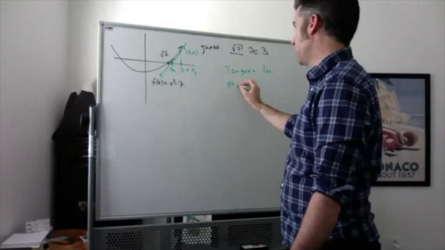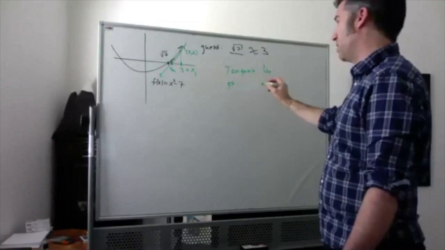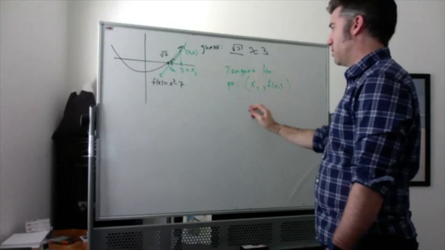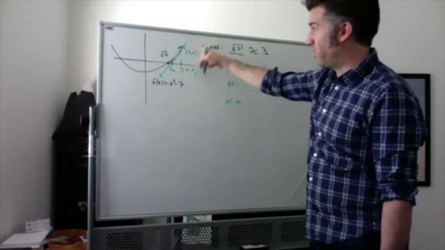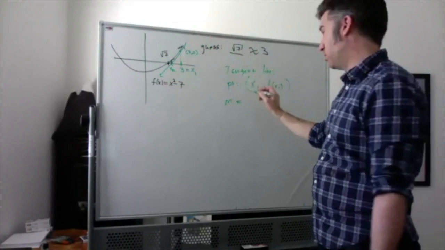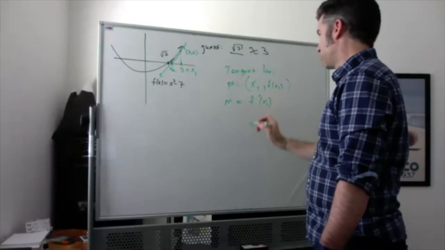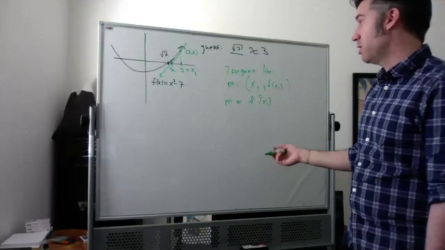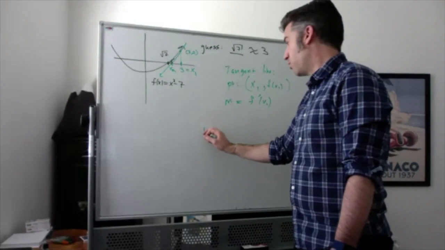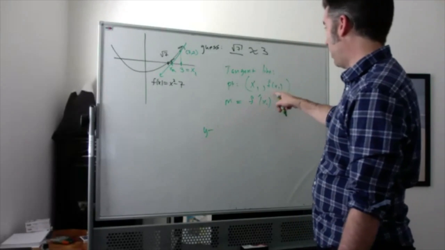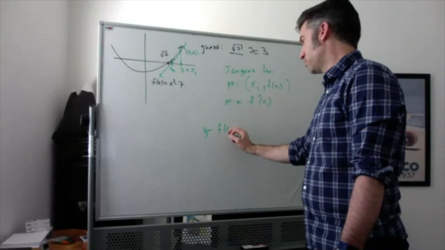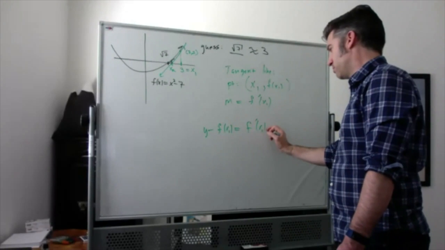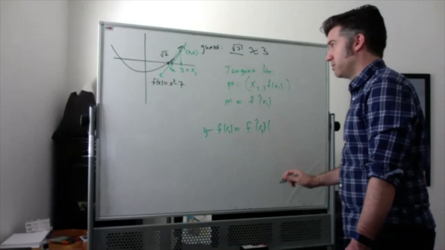The point, instead of calling it 3, 2, I'm going to call it x1, comma f of x1. And the slope is the derivative through that point, which is f prime of x1. So that's going to end up giving me the tangent line equation that y minus y1 is equal to the slope times,